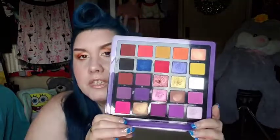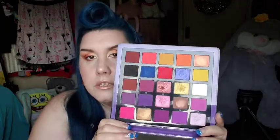This is the ABH Norvita. This is the first volume to her Pro palettes. I said, this thing is not $60. I did not pay $60 though. I caught it when it was on sale for like $39, I believe that's how much I got it for through Ulta. Was it Ulta I got it through? I think it was Ulta. Then I used points or a coupon or something. So, but